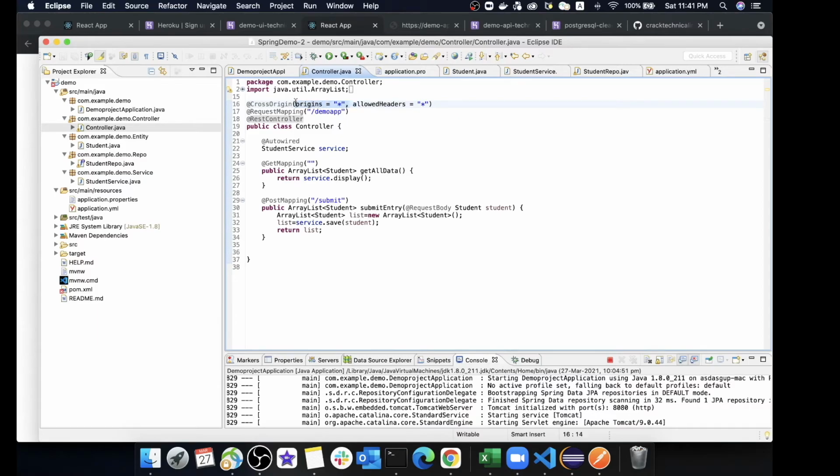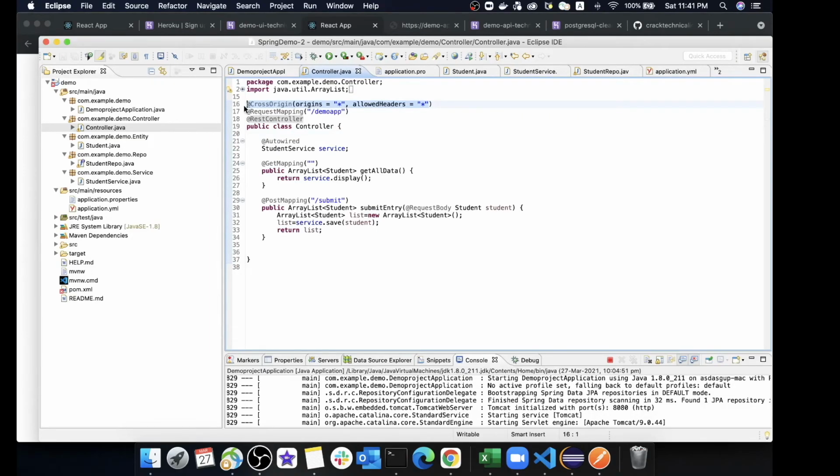Whatever the application may be, wherever it may be hosted, if it is trying to access our API, it should be allowed to do so with any header types. So this is the line that will help you avoid the CORS error.